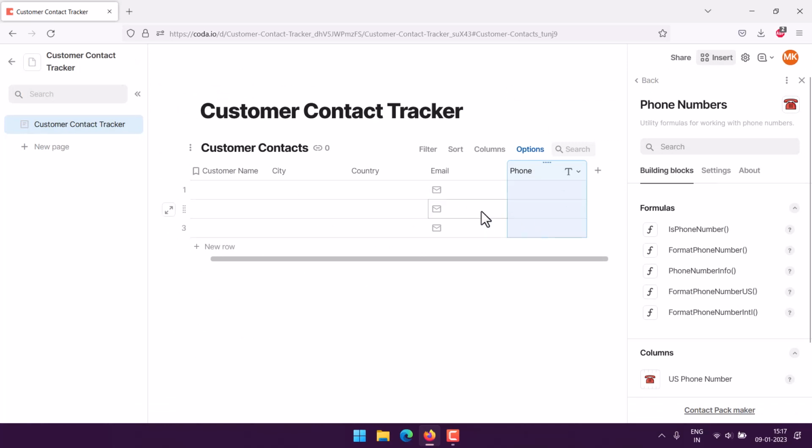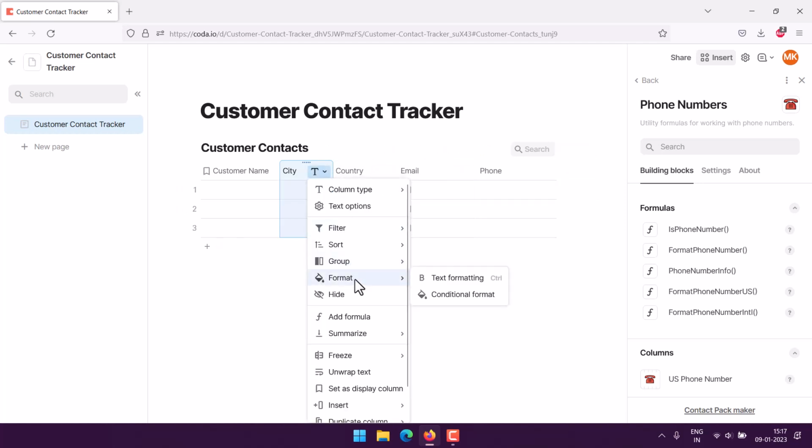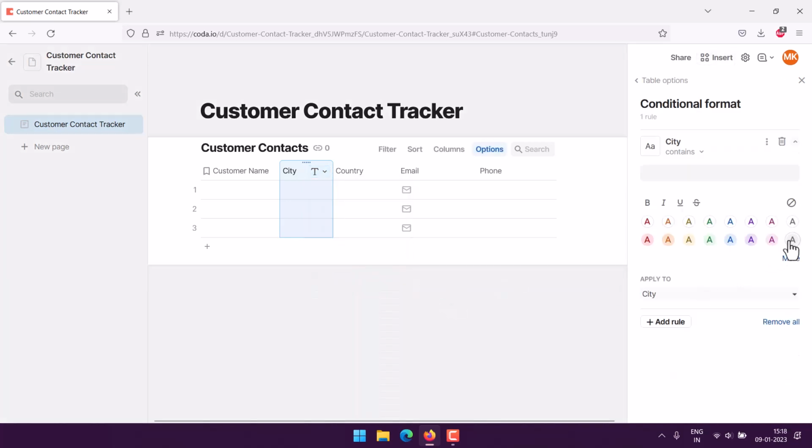So we have phone number, email, then country. So country is a big list, I'm not sure we have a pack for that, so we'll just stick with city and country for now as is, right? So they will have the text, so we will just conditionally format this into a color. So conditional format,